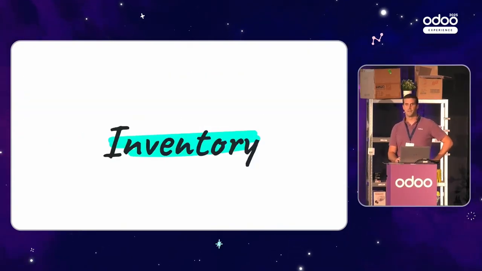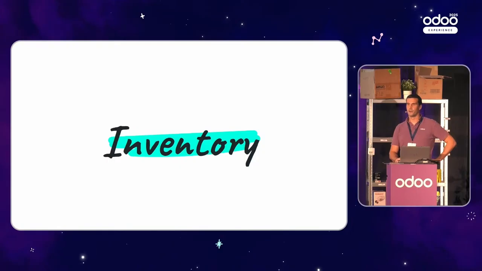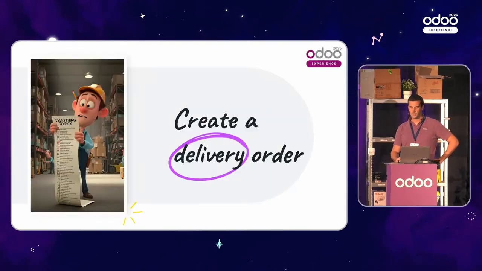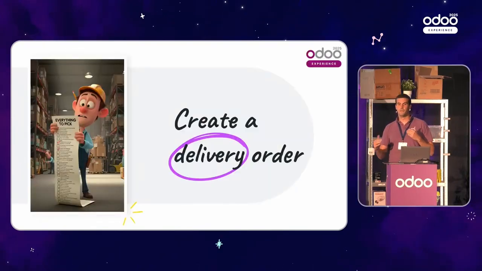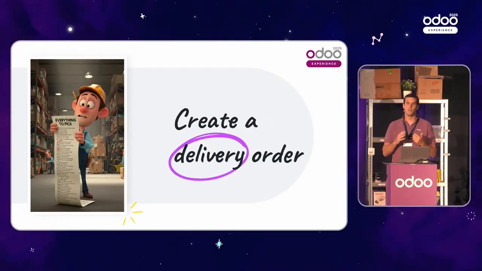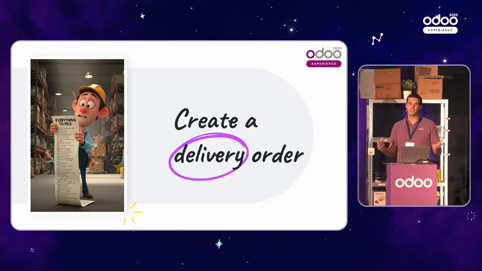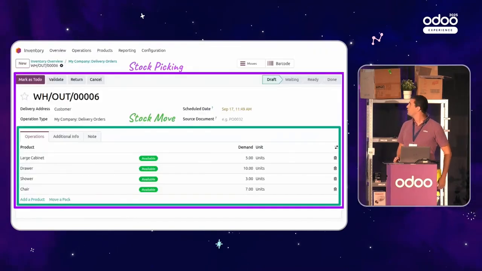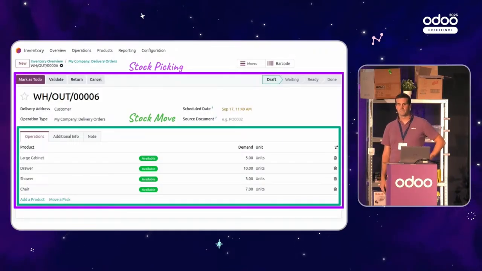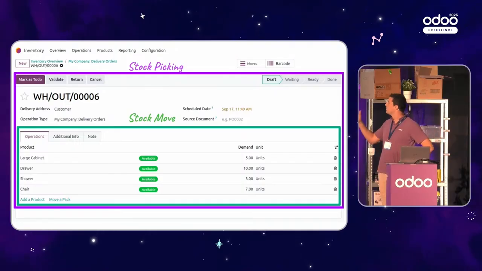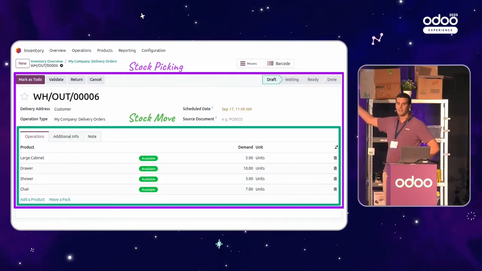Okay, let's start with inventory. So inventory in Odoo, it's mainly the delivery and the receipt system. So you have the internal transfer, so it's basically moving stuff from one place to another place. If you are used to the functional system, there you have the view of the picking, and in this view